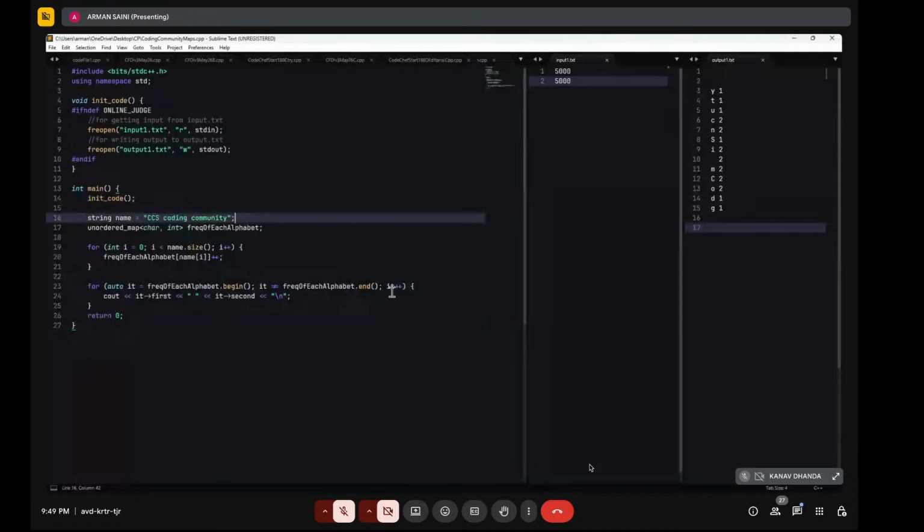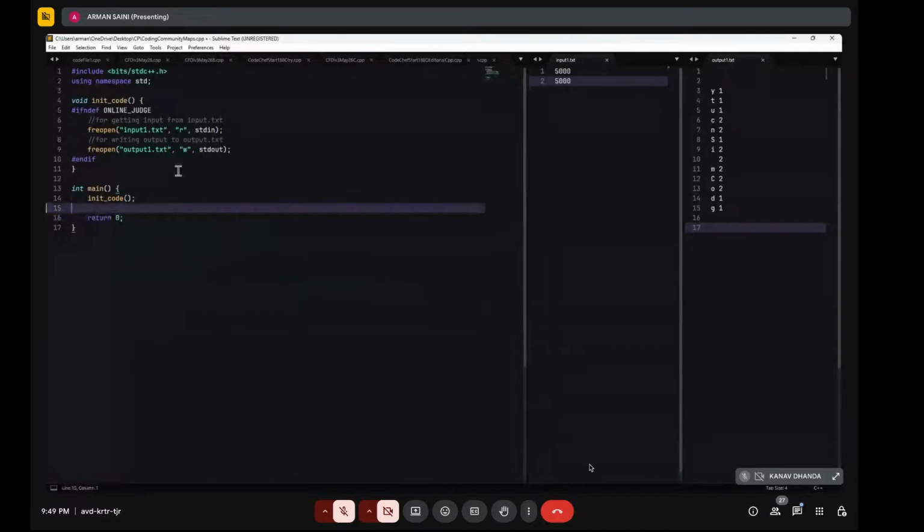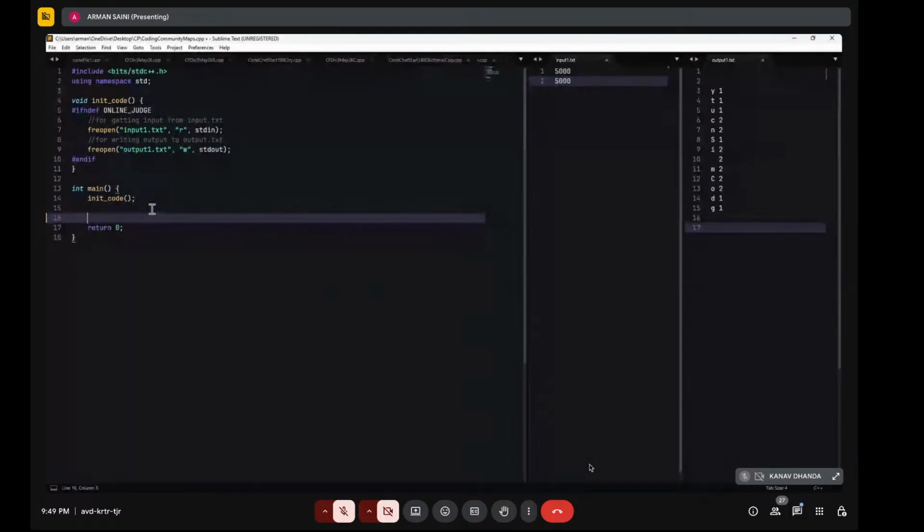Okay, good. So let's move to this another thing. Do not worry about what this init code is doing. We'll see that, but right now, just don't worry about it. So let's create a map. We're going to create an unordered map of character to int, to count the frequency of each letter